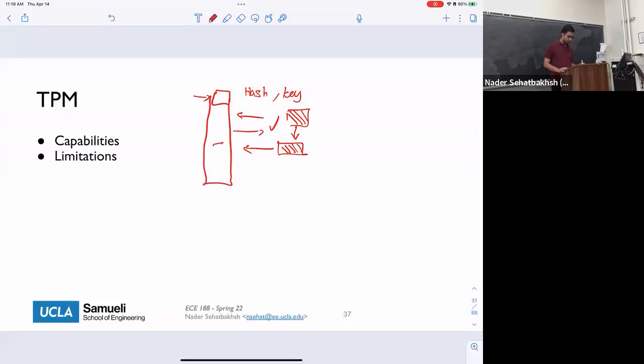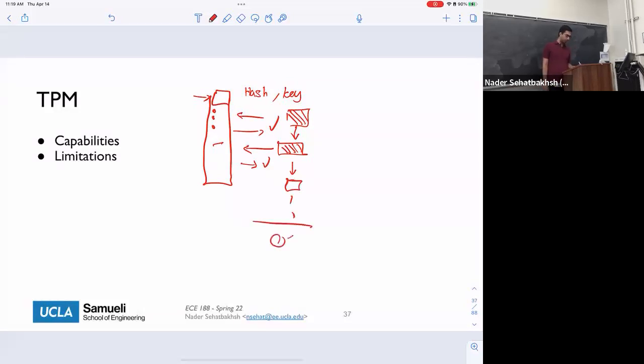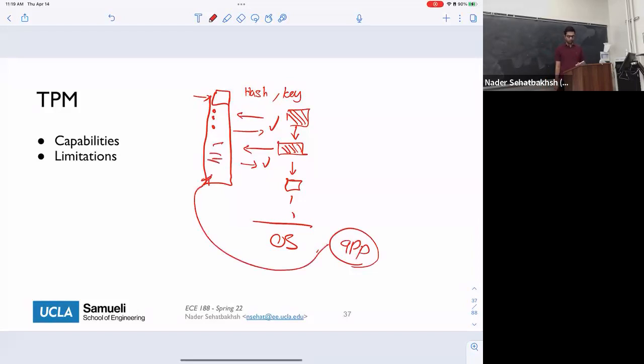Our TPM again looks into the pre-stored hash values. If it's matched, then it says okay, goes to the next step, and the next step, right? And then that was where we get our operating system and go with it. The problem is that we cannot really add all those, so once we are at this point, we cannot really start a new application because we don't have the correct hash value of those applications here, right?